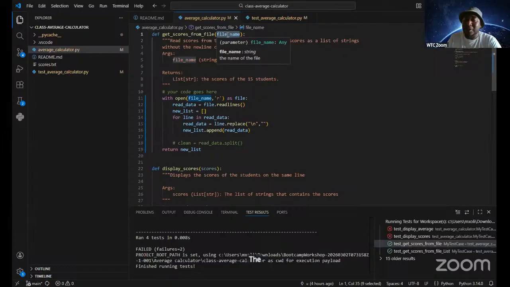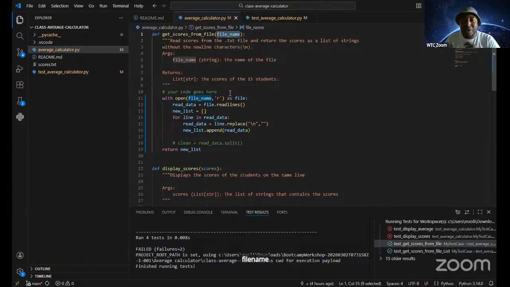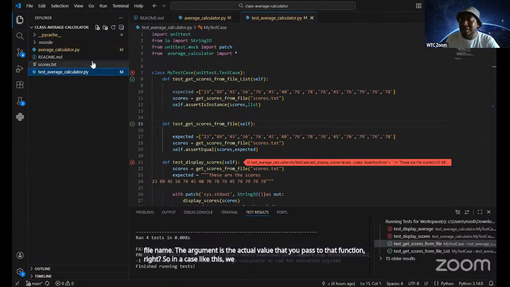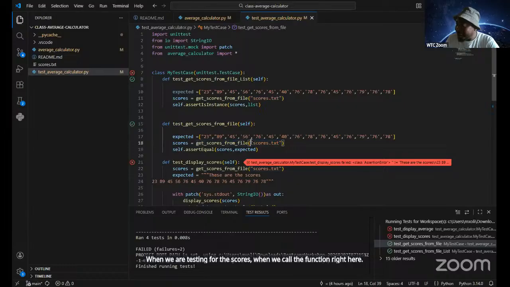The nice thing about functions is that when you call the function, only then do you pass the actual information, which we call the argument. The parameter is file name. The argument is the actual value that you pass to that function.